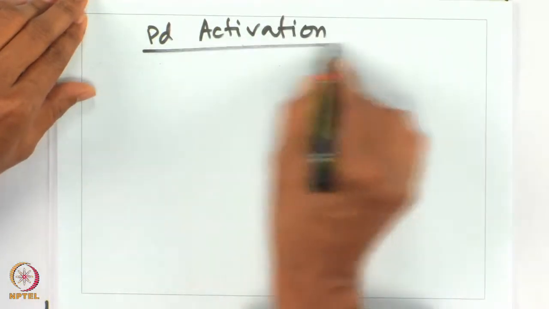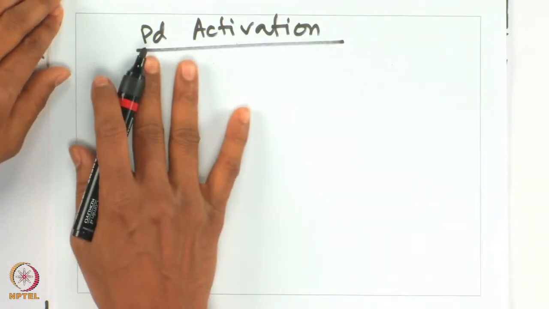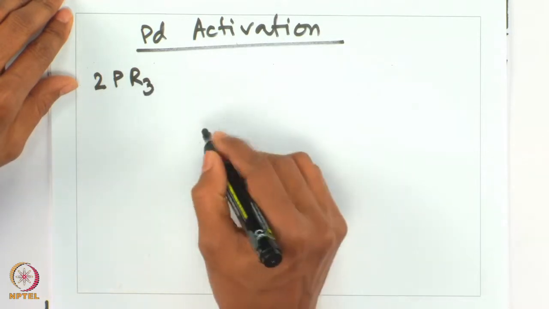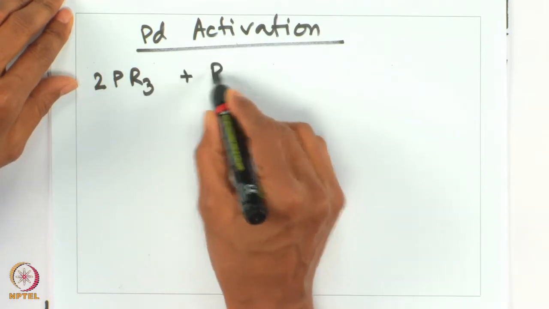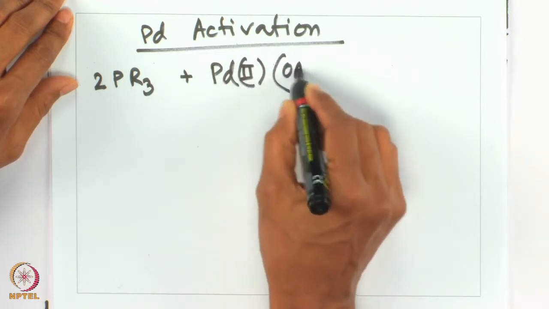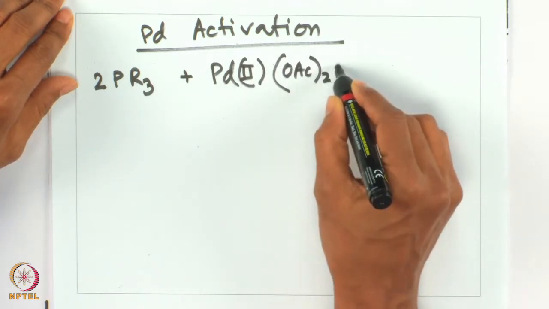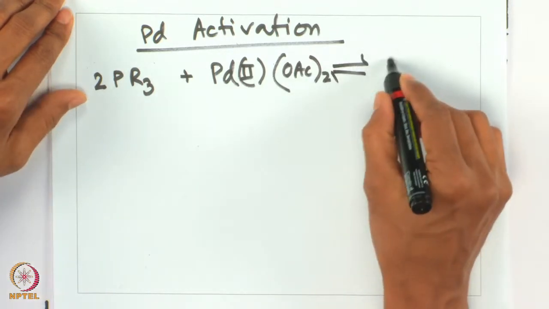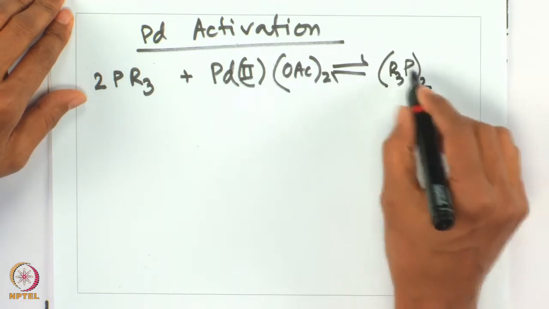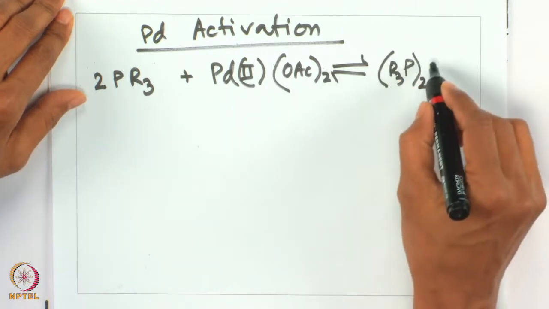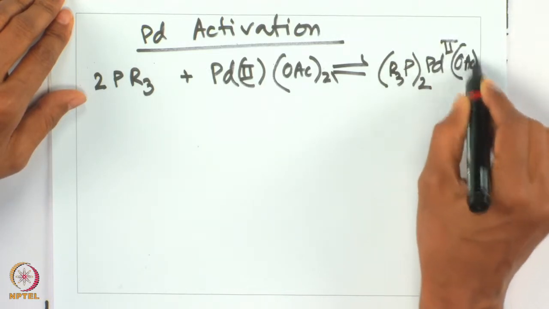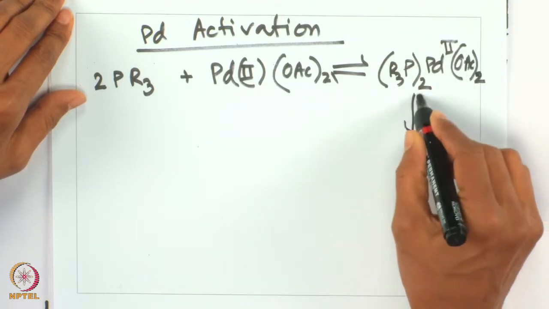How do we form palladium 0? So, what exactly we take, for example, is the phosphine ligand, 2 equivalents of phosphine, and we put palladium 2 salts, for example palladium acetate. It is a reversible reaction. We do see the binding of it. So, 2 phosphine ligands bind with palladium to give a palladium diacetate intermediate, and from there on